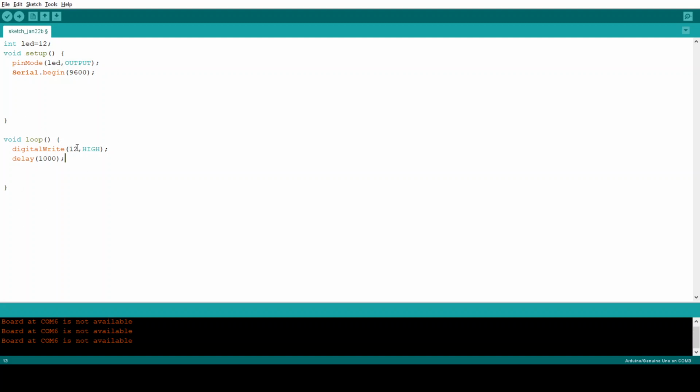This glows continuously because we write the code under the loop, so the code runs continuously. This is the loop condition, right? So this is the code of LED blinking. Then we write 1 second on and the code of 1 second off.